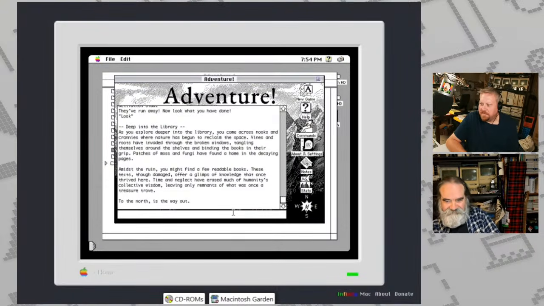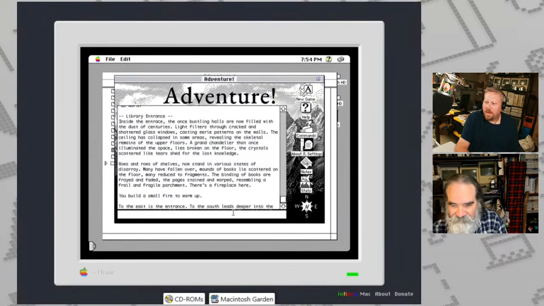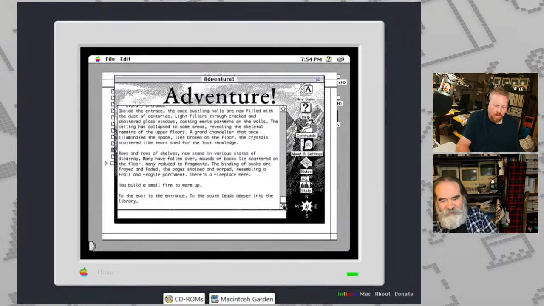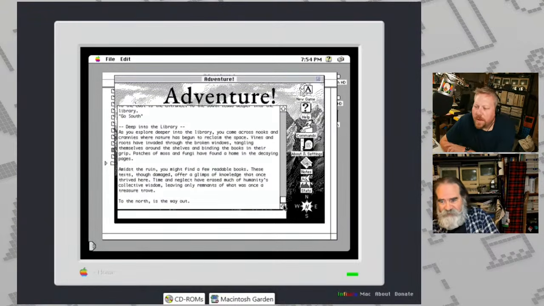So let's look around. North is the only way out. But there are, instead of going out... Oh, yeah? Yeah, go ahead. You want to go back. There's a pretty cool thing that happens deeper in the library. Sure. Okay. And you can type "go back." It keeps a breadcrumb trail internally.